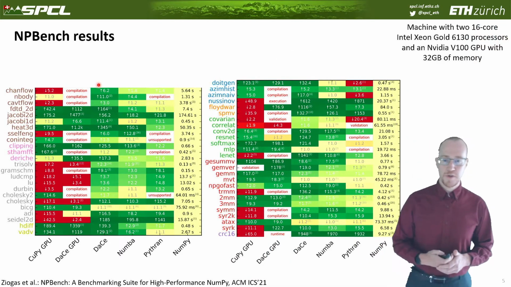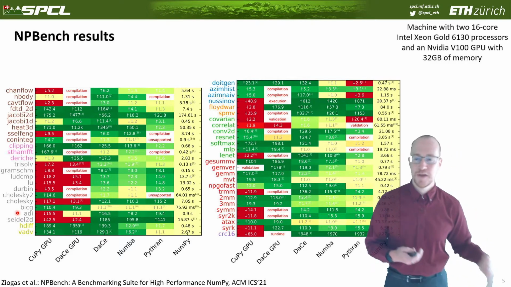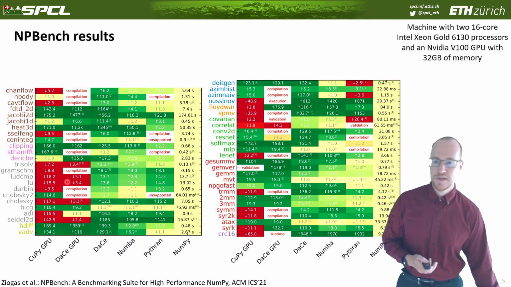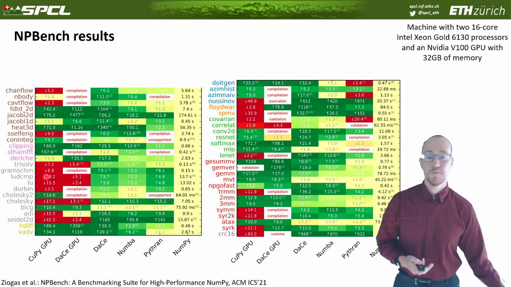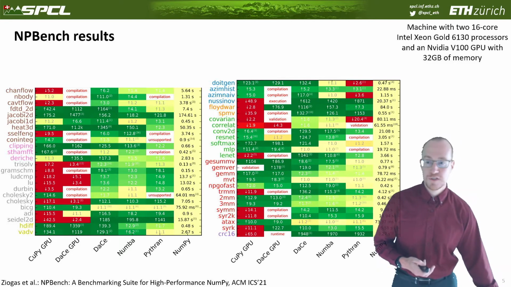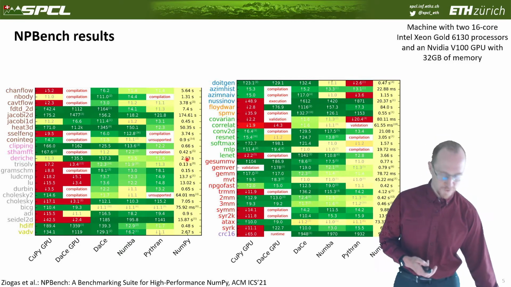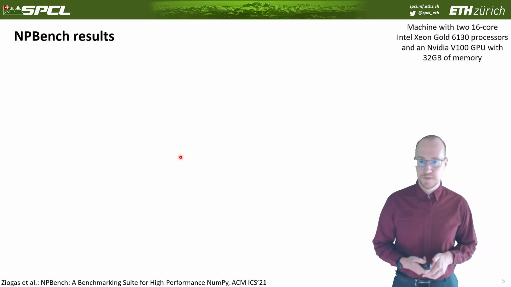And now you can look at NumPy bench results over various frameworks. I don't have enough time to go through all of this, but we have a NumPy baseline. We have Python, Numba, DaCe GPU, and CuPy GPU speedups, and you could now look for each of those 51 benchmarks how they perform. Green is good, high speedup, red is negative speedup, so slowdown. You can see some don't really perform well on GPUs. DaCe actually refuses to compile most of the ones that don't perform well on GPUs, and so there's of course something to improve.